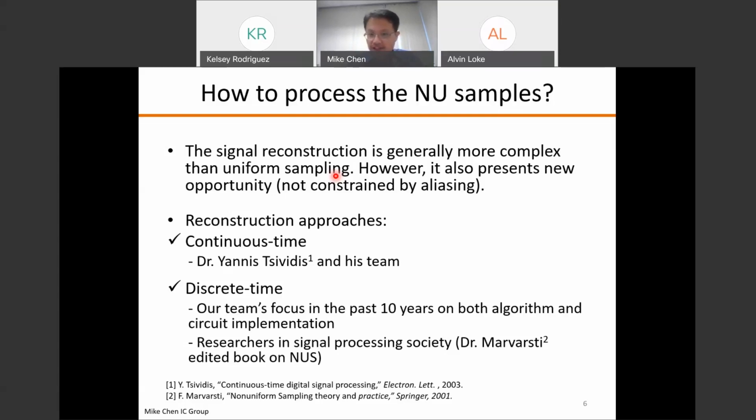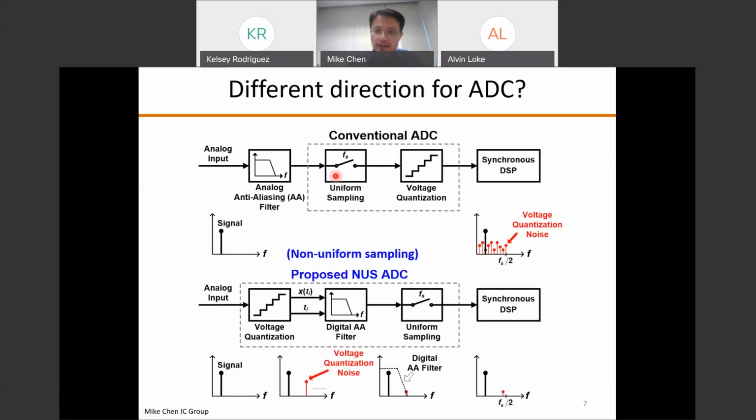So we looked at this problem about 10 years ago, and the first block that we looked into is the ADC. As you can imagine, the ADC is probably one of the blocks most tied to sampling, right? You have to sample the input and then you have to quantize. So the ADC is the block that we started with. Shown here on the top,